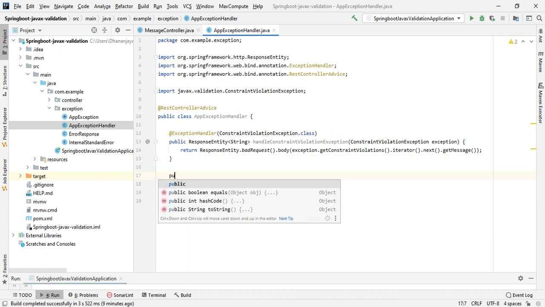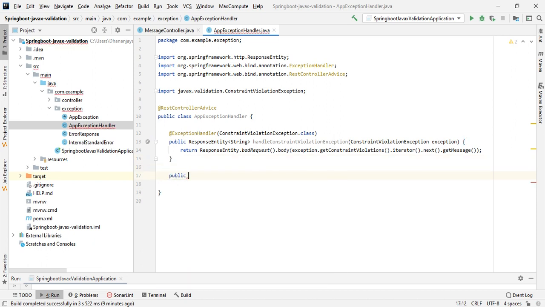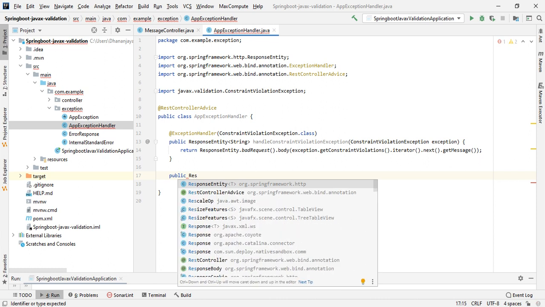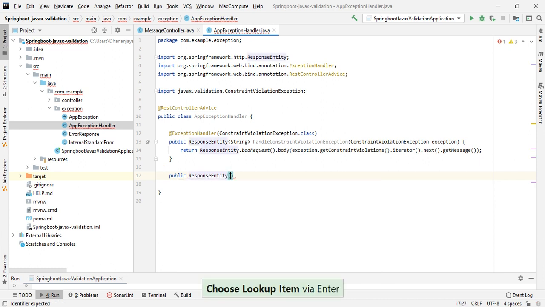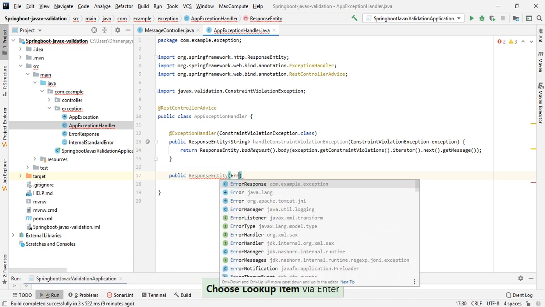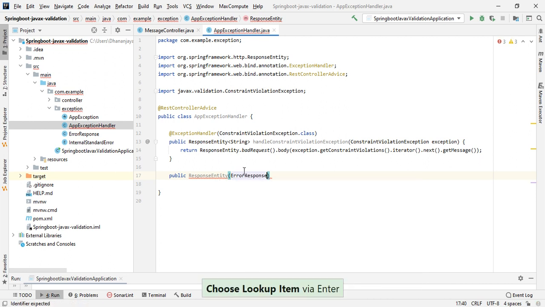Let's write a method, public ResponseEntity we need to return, and we need to return ErrorResponse instead of String. Okay, handleAppException.